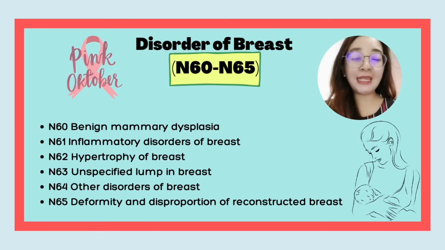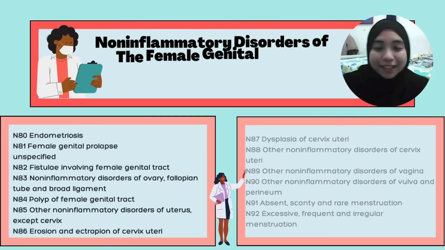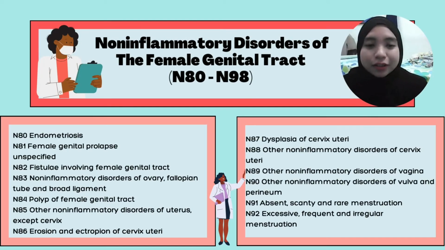So, the medical codes listed for disorders of breast are N60 benign mammary dysplasia, N61 inflammatory disorders of breast, N62 hypertrophy of breast, N63 unspecified lump in breast, N64 other disorders of breast, and lastly N65 deformity and disproportion of reconstructed breast. Next, in this chapter, there are also disorders named non-inflammatory disorders of the female genital tract, with code